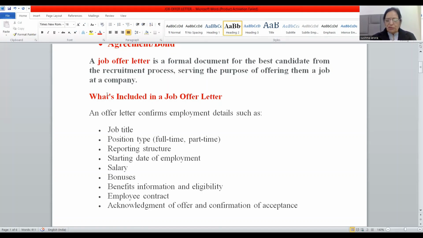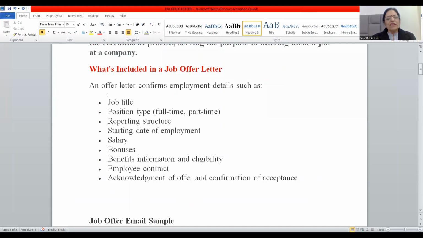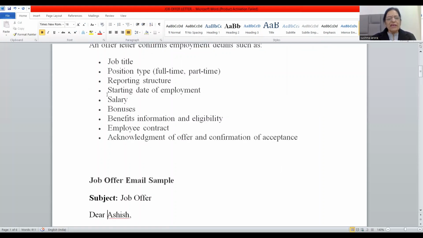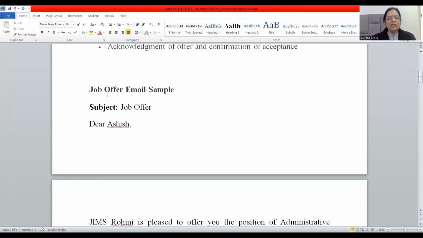So being students of business law, you have studied or you must be studying the Indian Contract Act. So the second chapter, you all know, friends, is the offer and acceptance. This is the offer. If the offer is accepted by the employee, then that person becomes the employee of the company. And it is not necessary that once the person gets the offer, he will definitely accept. So acknowledgement of offer and confirmation of acceptance. You all know about offer and acceptance, so I do not have to go into detail.